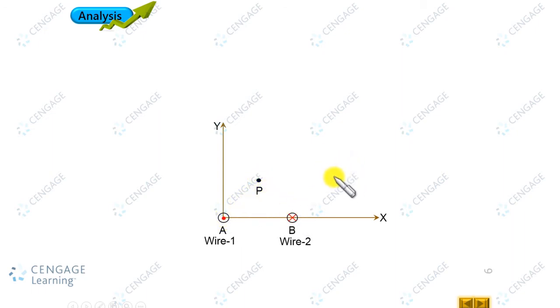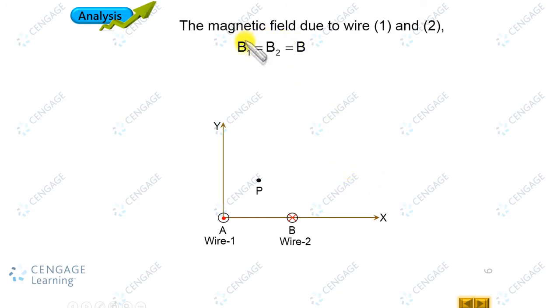So on this basis we can say B1 is equal to B2 equal to B, right? B is the magnetic field having the magnitude B1 or B2. And for finding the direction, same process is applicable. That means we can use the right thumb rule. That means the magnetic field lines due to this will be in the anti-clockwise sense, like this. Okay. And for finding the direction of the magnetic field, we need to draw the tangent. For exact drawing of the tangent, we need to join this point with the wire. This is the radial line, and perpendicular to this radial line will give the direction of the magnetic field, B1 vector.